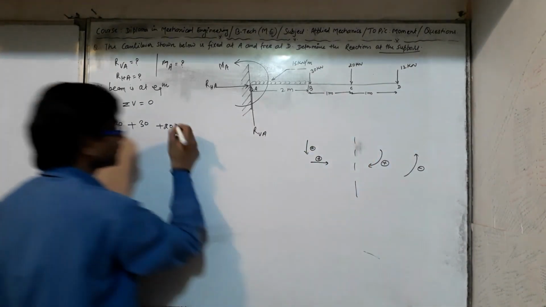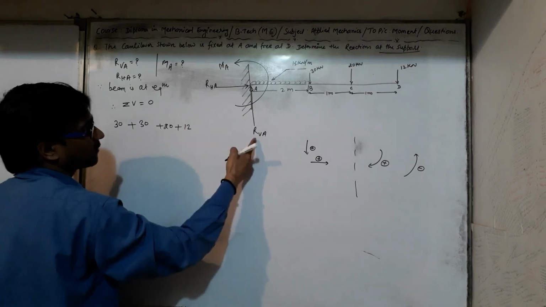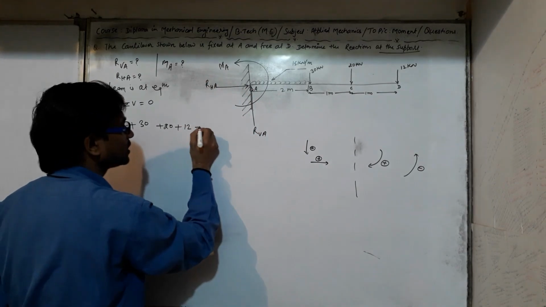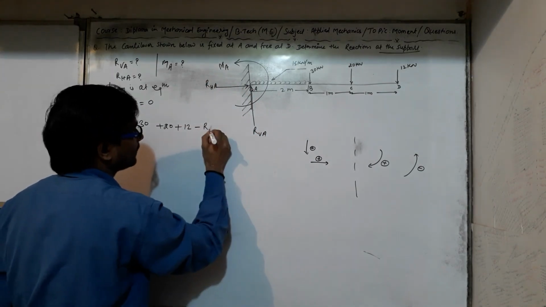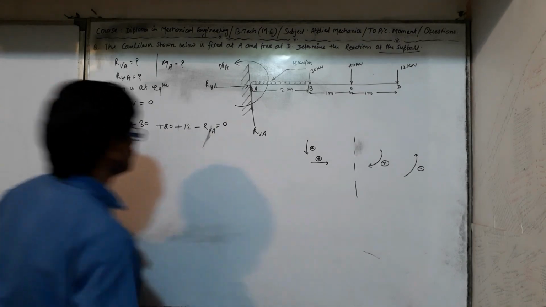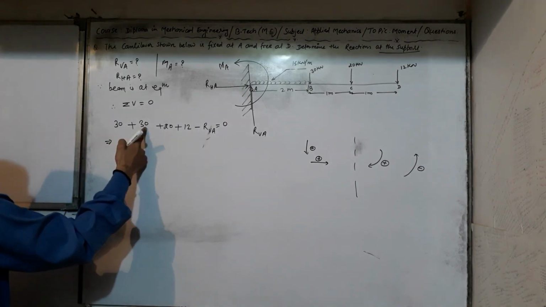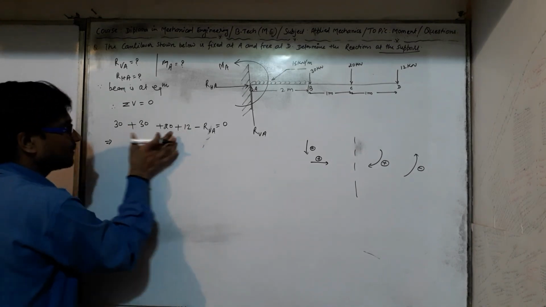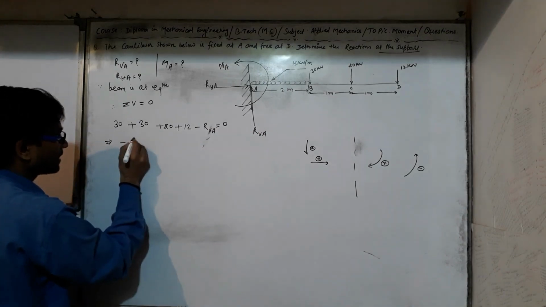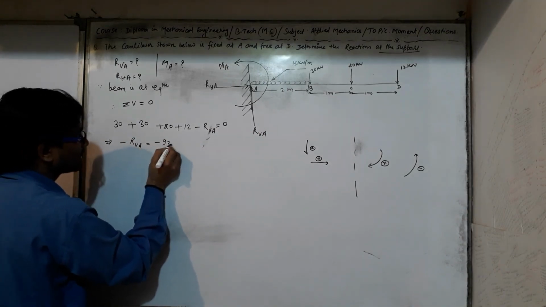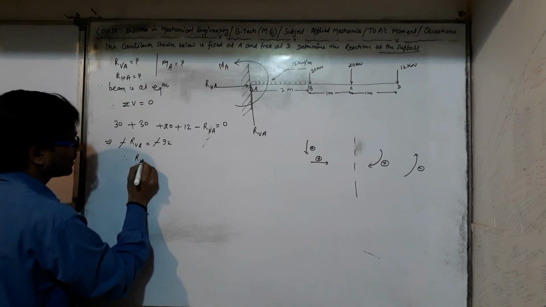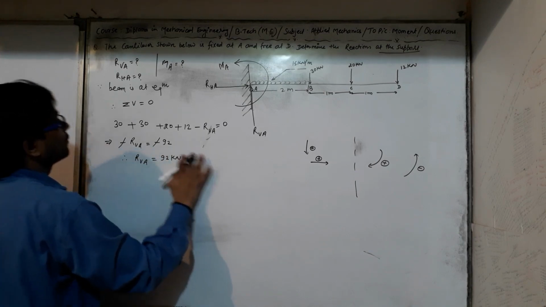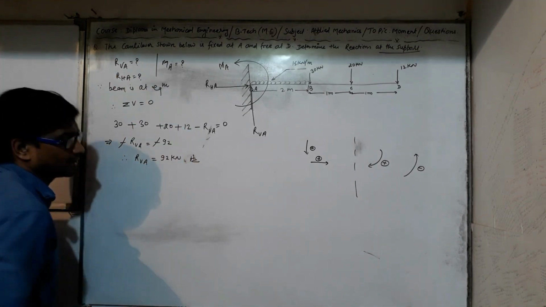Now 12 kilonewton is also acting vertically downward, so plus 20, and one more, R_VA, that is the vertical reaction force at point A, so it would be negative, vertically down, is equal to 0. Now we can say 30 plus 30 is 60, plus 20 is 80, plus 12 is 92, and if I am transposing this into the right hand side, then minus R_VA is equal to minus 92, minus cancels out, therefore R vertical at A is equal to 92 kilonewton. One answer we have already got here: 92 kilonewton.